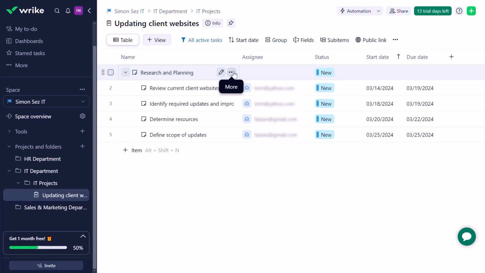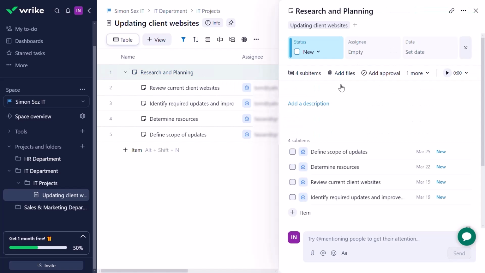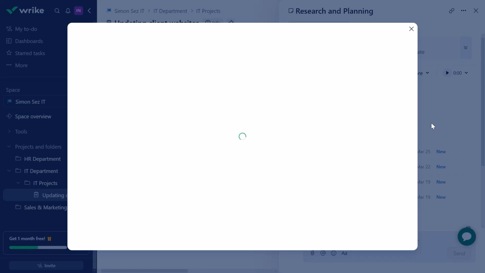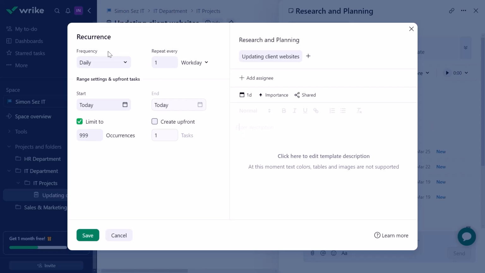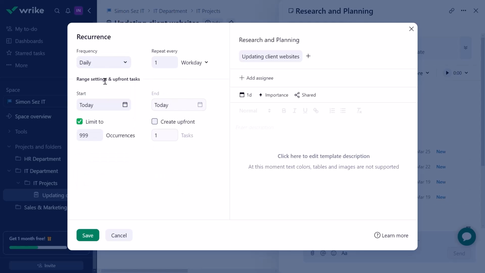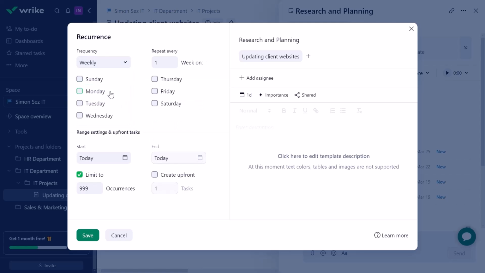First of all, I'll go on to these 3 dots over here, or just click this over here. Once I have this details pane open, I'll go on to this ellipsis again, and from here, choose this option of make recurrent. Now, once I click this, a new menu should pop up and it should ask you the frequency for your recurrent. So whether I want it to be yearly, monthly, weekly, or daily, let's just say I want it to be weekly,